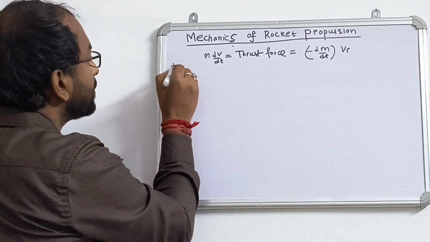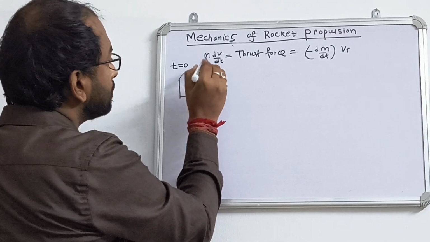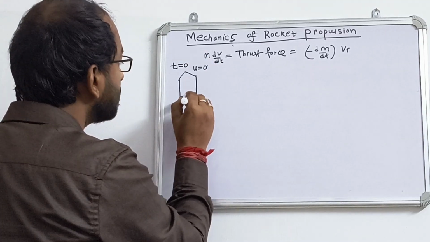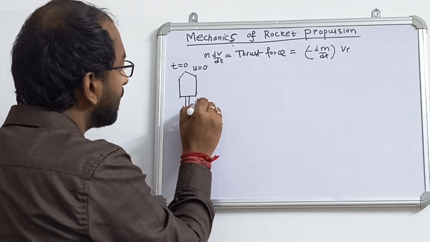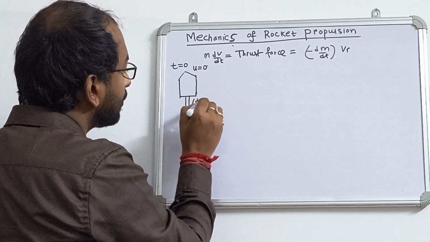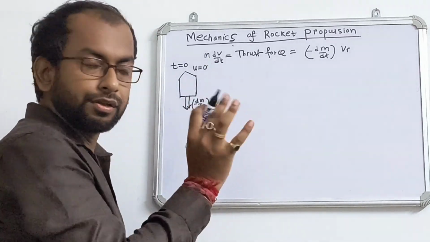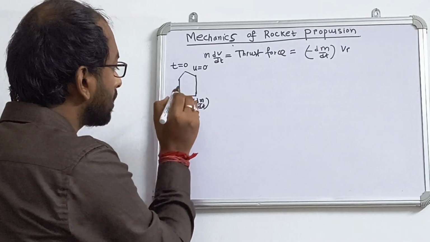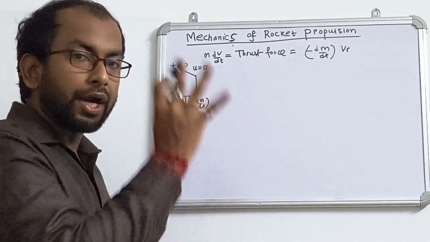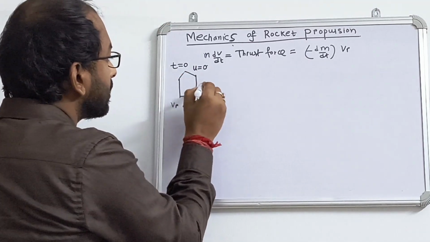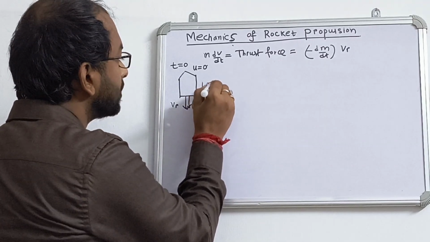At time t equal to 0, the velocity will be equal to 0. Now it is losing mass in the downward direction with rate dm/dt, or we'll write minus dm/dt, and it is ejecting this mass with velocity of Vr with respect to the rocket, and as it will launch vertically, its weight will act downward. That is, its weight is, suppose, mg,